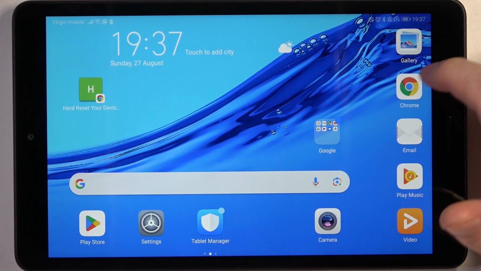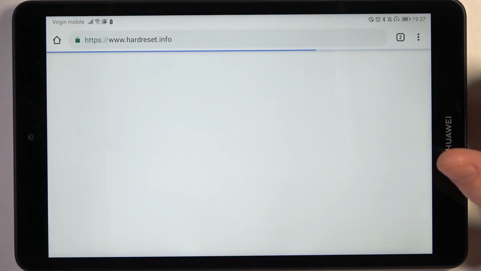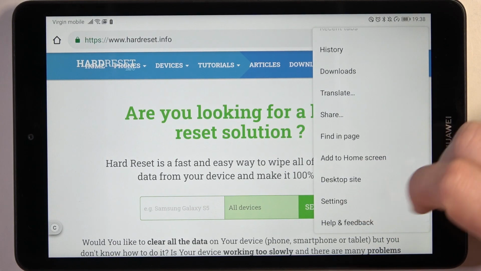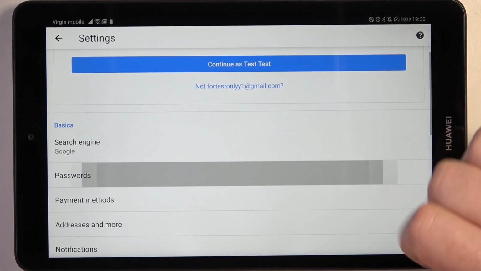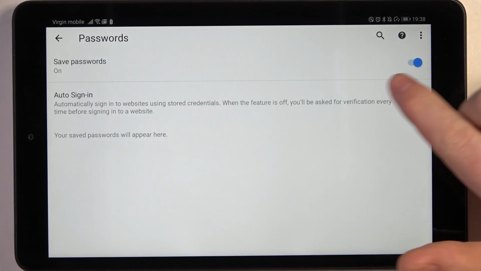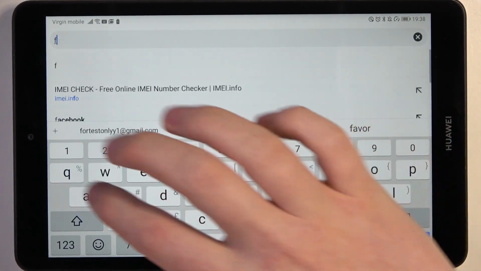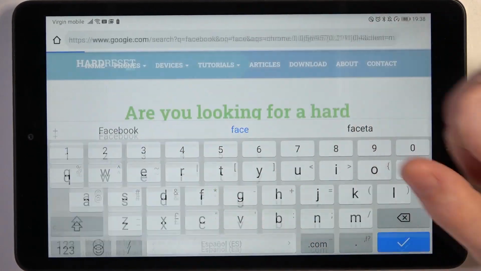And to do this we'll need to open our Google Chrome, then click on the three dots in the top right corner of the screen and move to the settings. Inside there's the passwords tab, and here make sure that save passwords is enabled. Now when we go back and try to reach any website that we can log into,